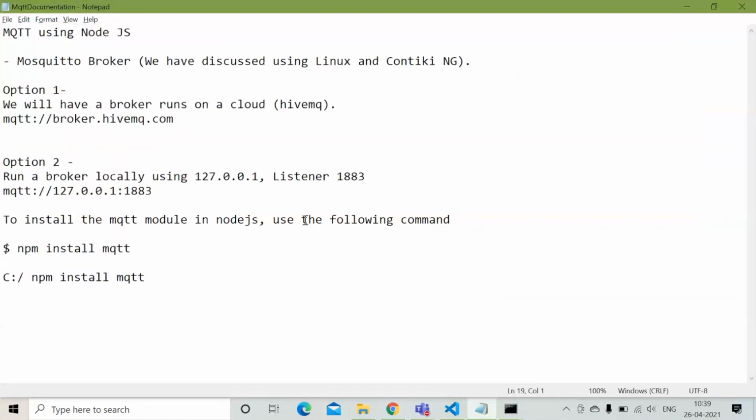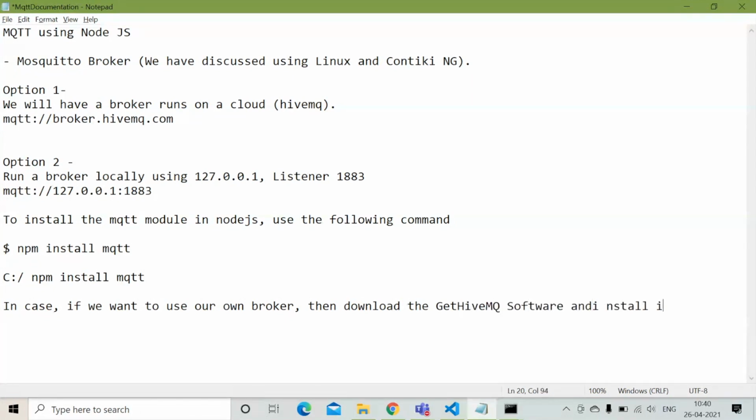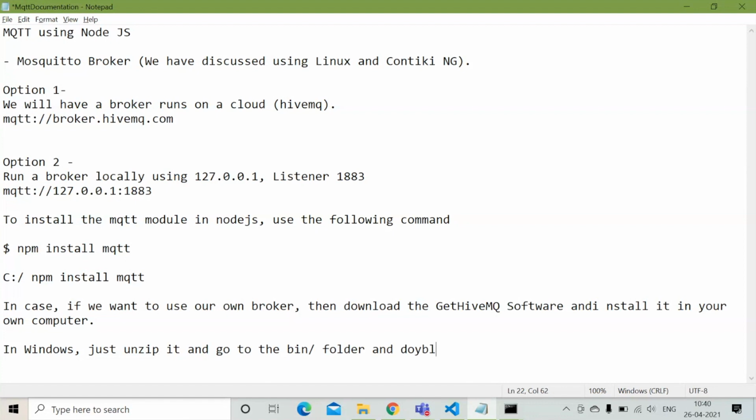Maybe I'll just write it down. In case we want to use our own broker, download the HiveMQ software and install it on your own machine. In Windows, just unzip it, go to the bin folder, and double click the run.bat file.